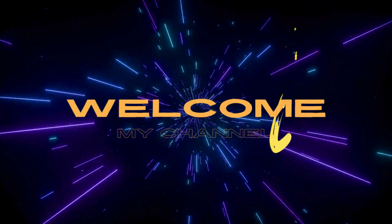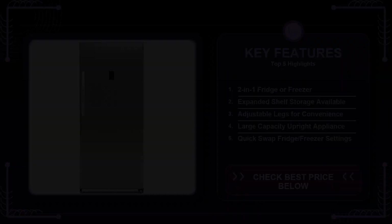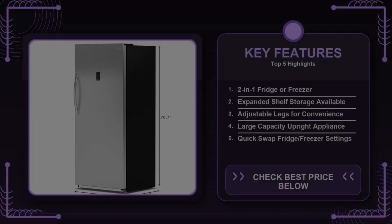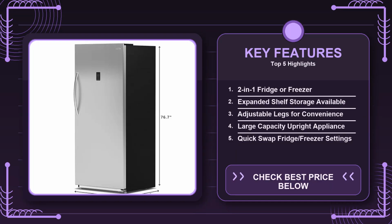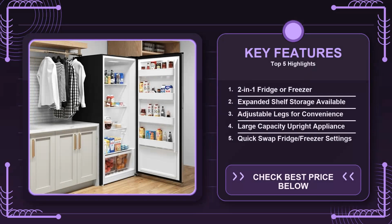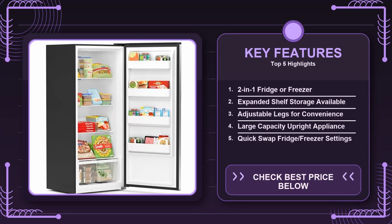I get it, you're staring at a bunch of convertible freezers and fridges, and the whole thing feels like a gamble. You don't want to drop a few $100 on something that ends up gathering dust or, worse, forces you to keep buying extra bags of ice because the temperature never quite hits the mark you need. And the idea of a single unit that can switch between a fridge and a freezer sounds great, but the question is whether it actually lives up to that promise in a real kitchen, a cramped basement, or a garage